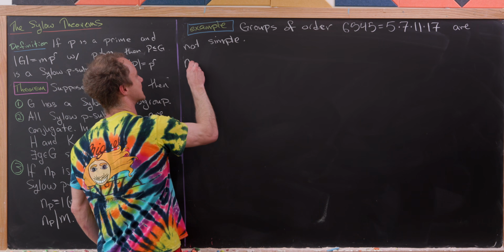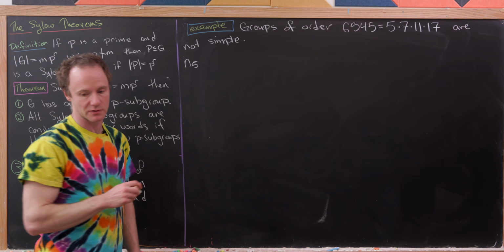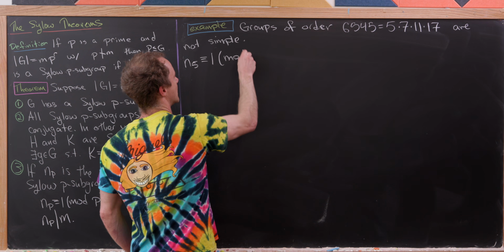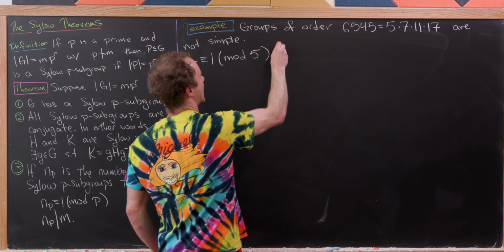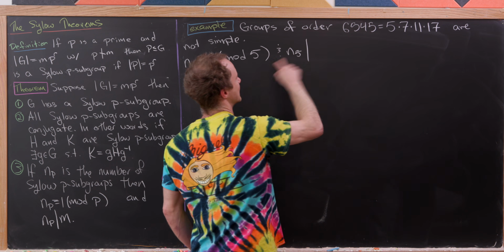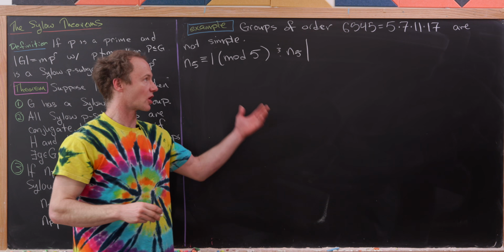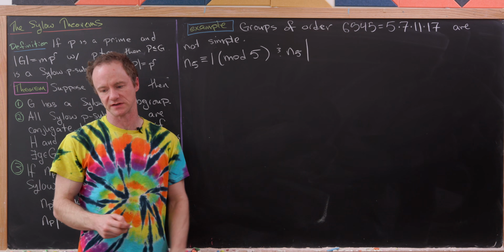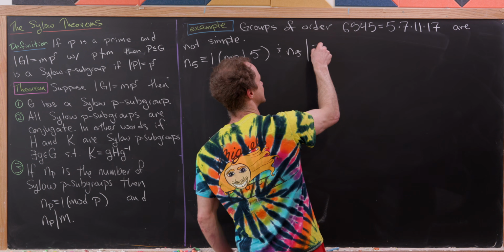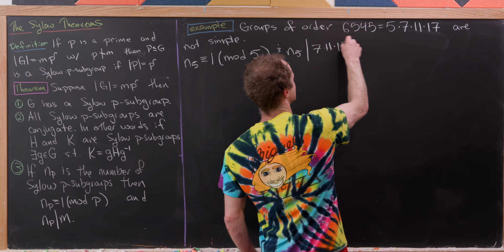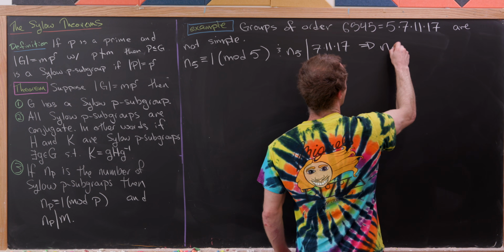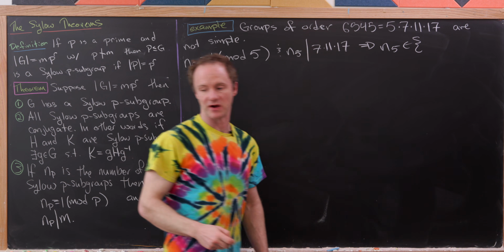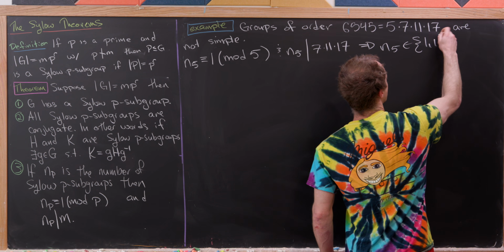So we'll use our standard notation. So N5 is the number of Sylow 5 subgroups. And notice that N5 is congruent to 1 mod 5. And N5 has to divide the rest of the terms in the group, or I guess I should say the product of the rest of the parts of the order of the group. So in other words, it has to divide 7 times 11 times 17. So now putting that all together, that leaves us with the following 2 possibilities for N5, and that's 1 and